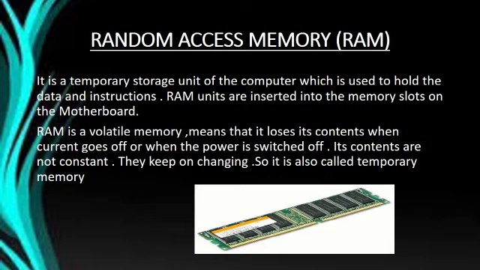Then there is a question, why does CPU use the RAM during an operation? Since we have all the data and instructions stored in hard disk, why does CPU use the RAM during an operation? Just because RAM is faster than hard drive.